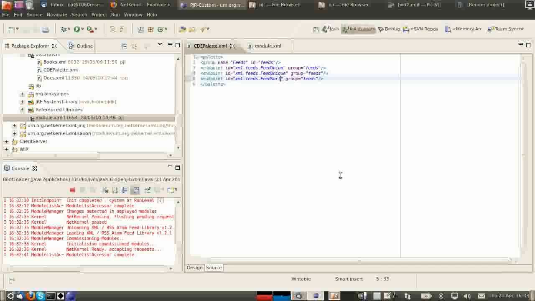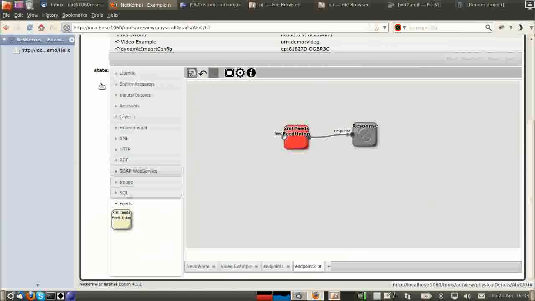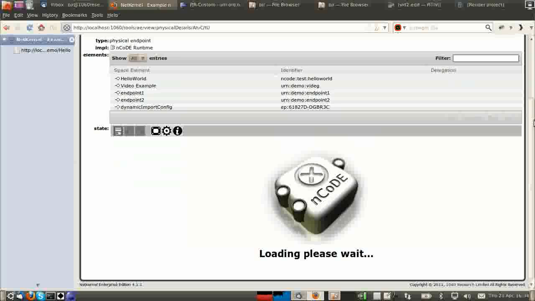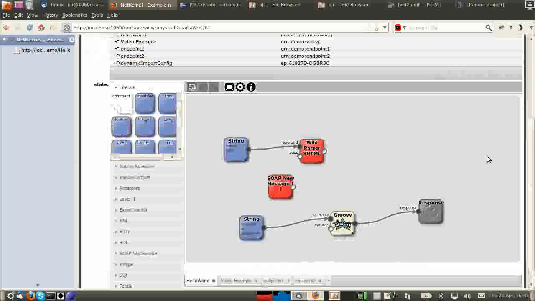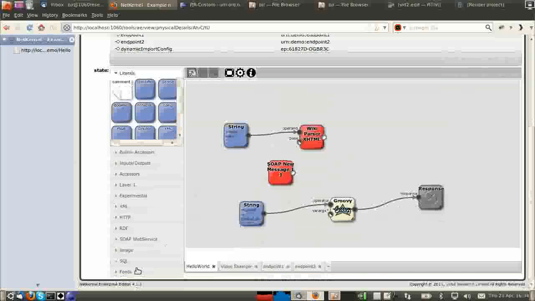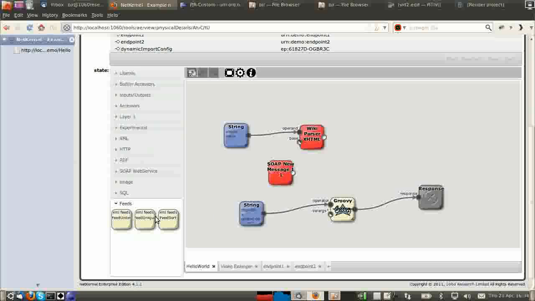Feed sort, feed unique. And if I now just reload this page, take a look down at the feeds. We notice I've got all those tools in the system,